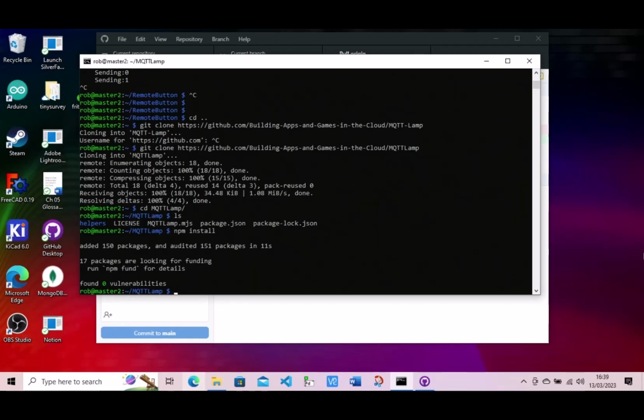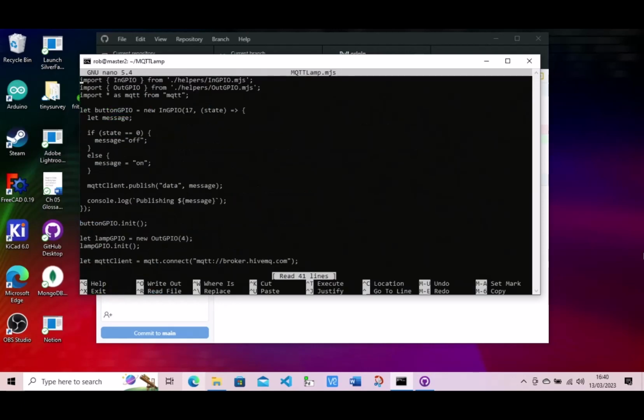And to do that, we have got code. I can show you the code because I can use a tiny text editor to do this. You can run Visual Studio Code on your Raspberry Pi 4, any other device than the 4, and it's a little bit on the slow side. But on the 4, it's not too bad. It's certainly good value for money in terms of how much you pay for the machine that's running it, but it does chug a little bit. I'm going to use Nano, and I'm going to have a look at the file mqtt-lamp.mjs because it's the only file in the program.